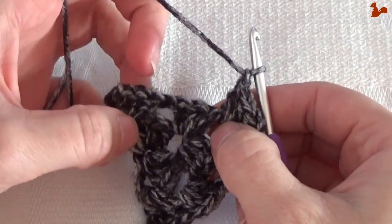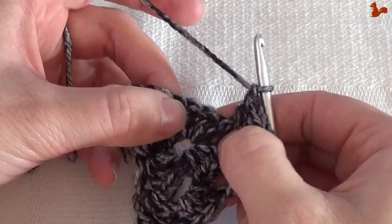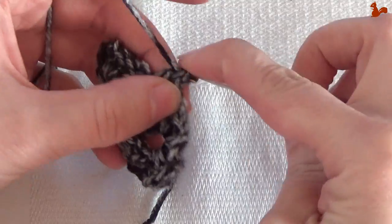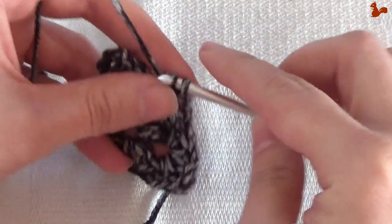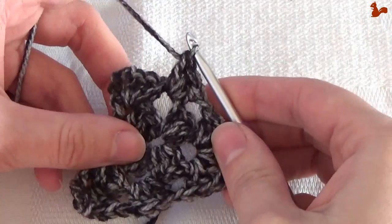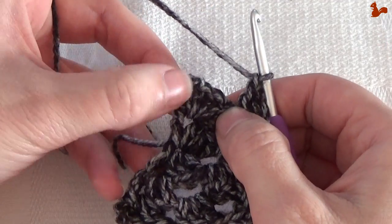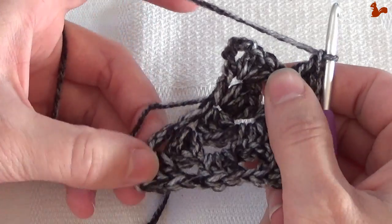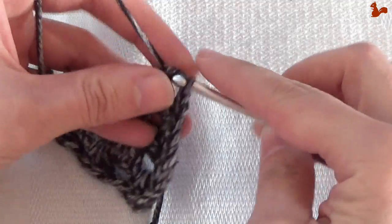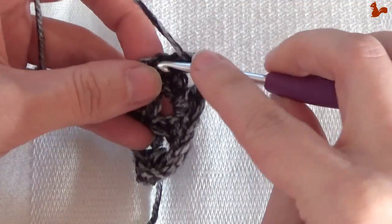Chain 1, going to go to the next chain 1 space. So the chain 1s are always used to skip your 3 double crochets. Then work 3 double crochets in the next chain 1 space, and 3. Chain 1. Going to skip these 3. Now again you have the chain 4 space, exactly the same as at the end of the previous round. And here you're going to work 3 double crochets. 1, 2,